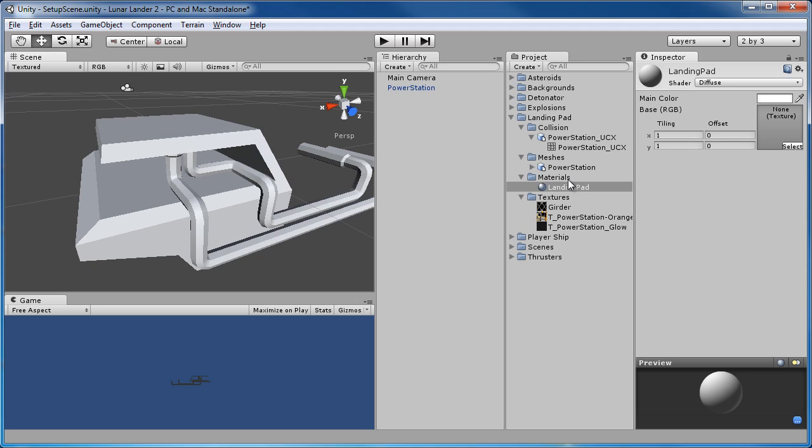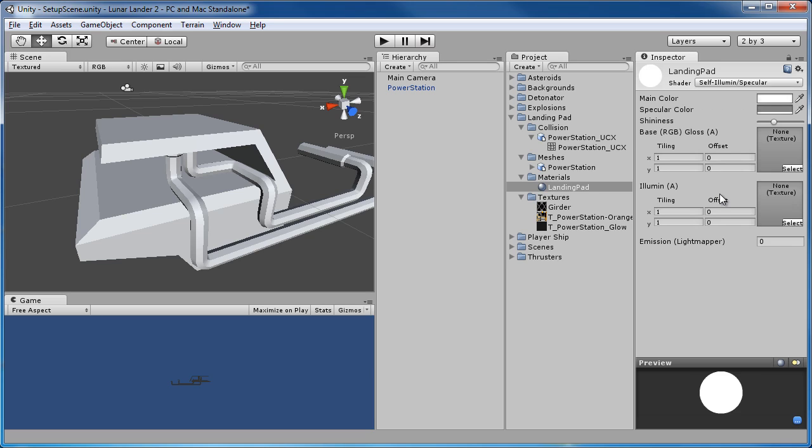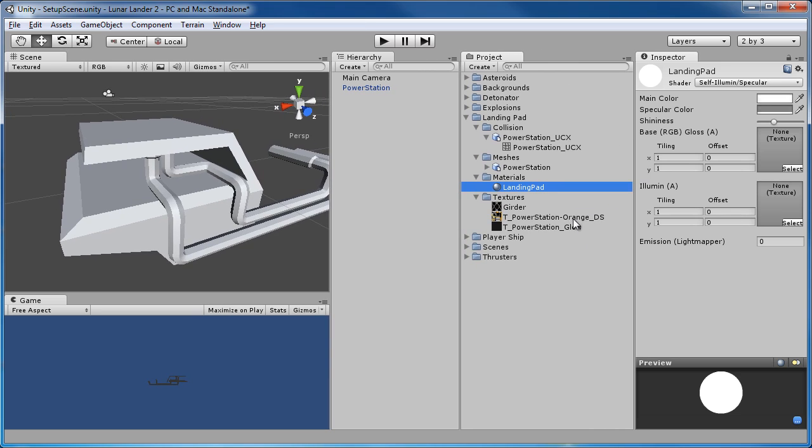So under the landing pad again we have the material, and we're going to go ahead and change this one to be a little more complex. If you click on the diffuse slot under the shader, we'll make this a self-illum diffuse, or actually I'm sorry, a self-illum specular. What this will do is allow the landing pad to glow even when there's no light on it or anything. It'll give it a really cool glow effect, and also be a little bit shiny as if it's made of metal in some parts. So we can drag on the diffuse map, which should be the underscore ds that I've created here,